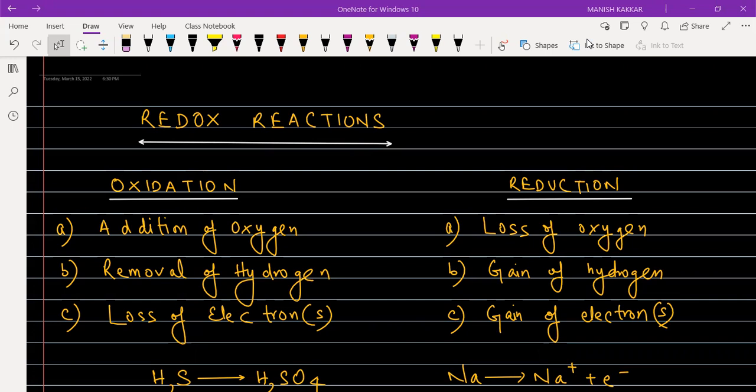आप लोगों ने प्रीवियस क्लासेस में पढ़ा होगा कि ऑक्सीडेशन को हम कैसे डिफाइन करते हैं। ऑक्सीडेशन को डिफाइन करने का तरीका होता है एडिशन ऑफ ऑक्सीजन, रिमूवल ऑफ हाइड्रोजन एंड लॉस ऑफ इलेक्ट्रॉन्स। ठीक है। सिमिलरली रिडक्शन को डिफाइन करने का तरीका होता है लॉस ऑफ ऑक्सीजन, गेन ऑफ हाइड्रोजन एंड गेन ऑफ इलेक्ट्रॉन्स। फाइन।